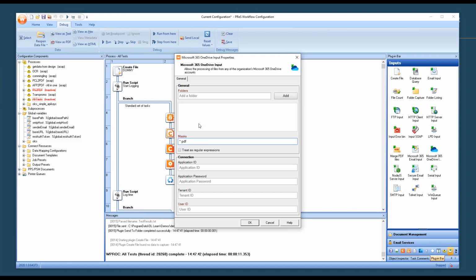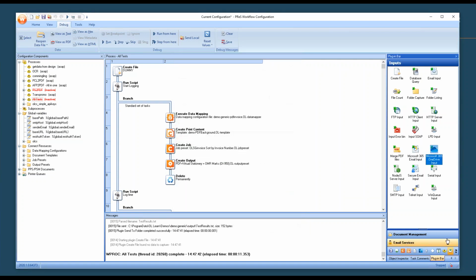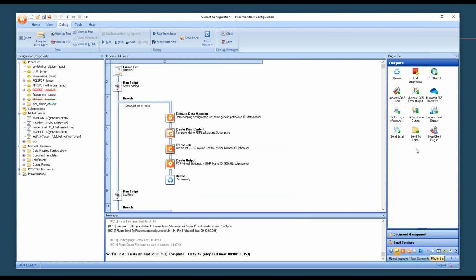So we'll capture just the PDFs from this specific folder inside the 365 OneDrive input. We can also use regular expressions to locate a specific type of file inside this folder. So this is available as OneDrive input properties, and in output also there is